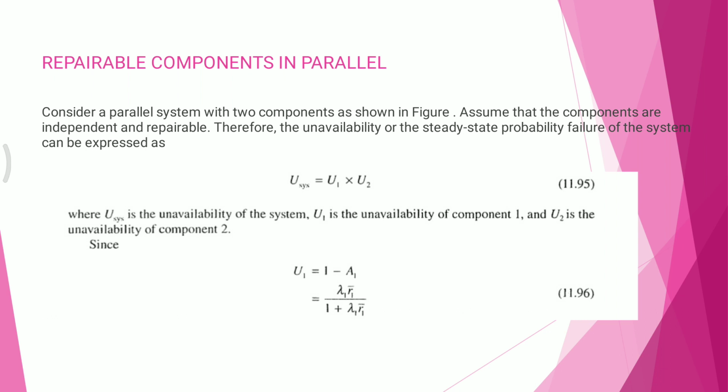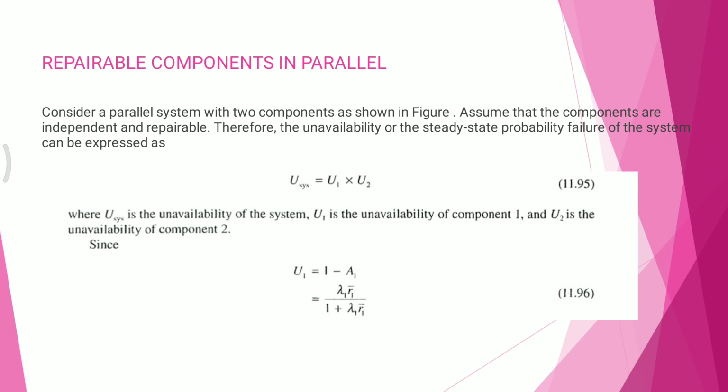Unrepairable components in the parallel system. Consider a parallel system with the two components as shown in the figure earlier. Assume that the components are independent and repairable. Therefore, the unavailability of the system can be expressed as U system is equal to U1 into U2, where U is the unavailability, which can be expressed as MTTR divided by MTTR plus MTBF, where MTTR